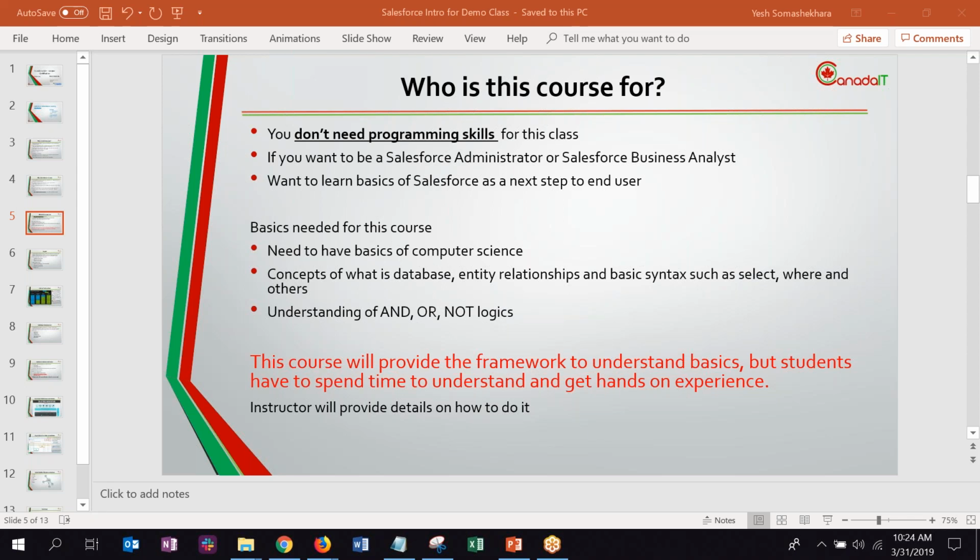But you as a person have to spend time to understand. So when I mean that, you have to read on your own. You have to do your homework. I'm going to help you with that. But also, if you have any questions, please don't hesitate. Ask questions. That's the main advantage of having a live person talking to you, right?